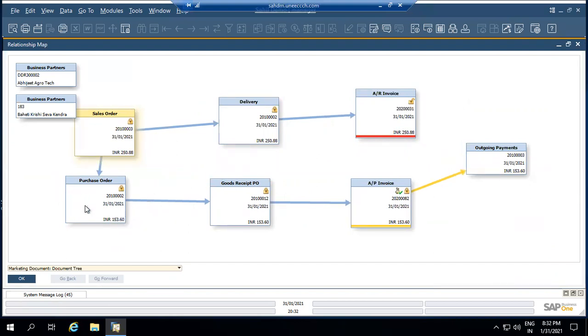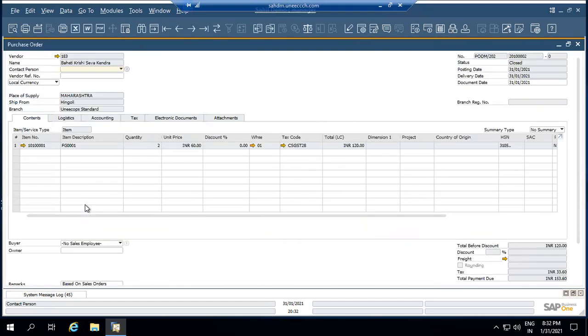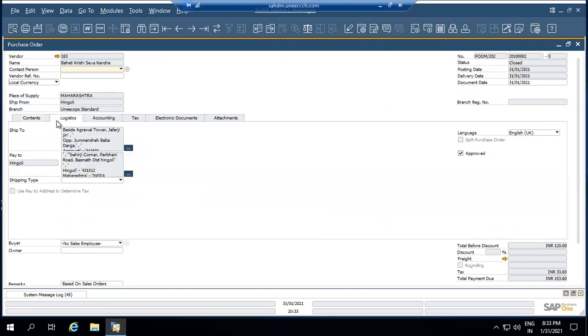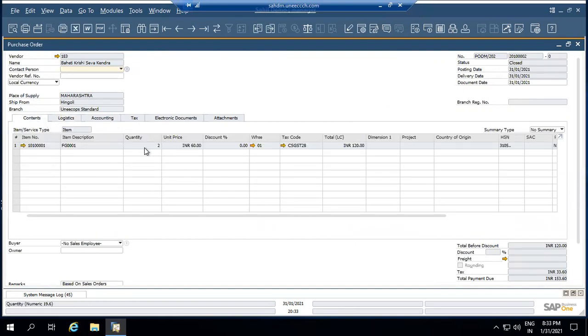Now, if I click on purchase order, what I have done against the sales order is I have booked a purchase order against this vendor. So both things are interconnected, as I'm booking my purchase order based on my sales order, which I got from the customer. Here again, the pricing comes from the price list, and I am selecting my warehouse also, so the vendor has a complete idea where to ship the material. Mentioning the quantity here, tax code and the rest of the things are picked from my system configuration.